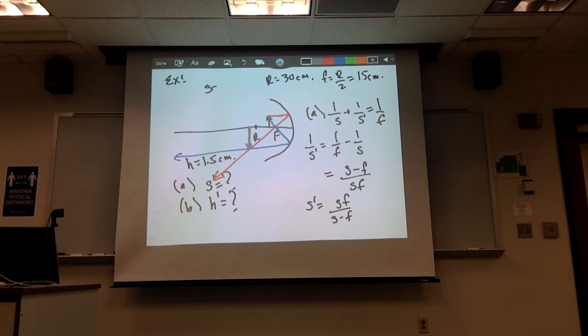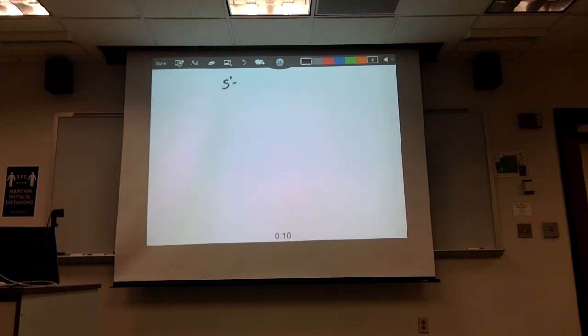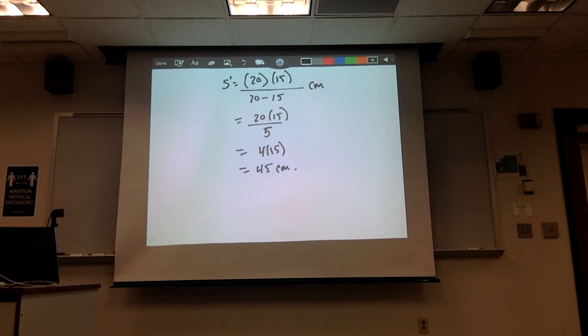Good. Again, in this case, we know our object distance is 20 centimeters. So let's plug all those things in. We get our image distance is going to be 20 centimeters times 15 centimeters divided by 20 centimeters minus 15 centimeters. Overall, this is going to have units of centimeters. So this is 20 times 15 divided by 5, which is the same thing as 4 times 15, which is the same thing as